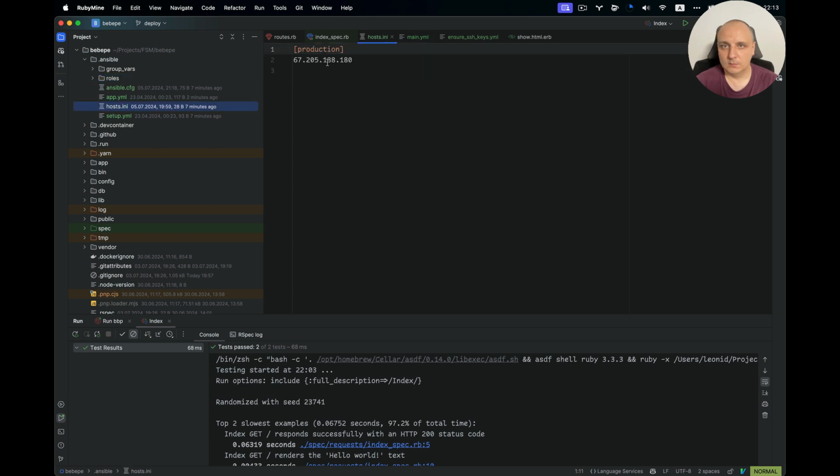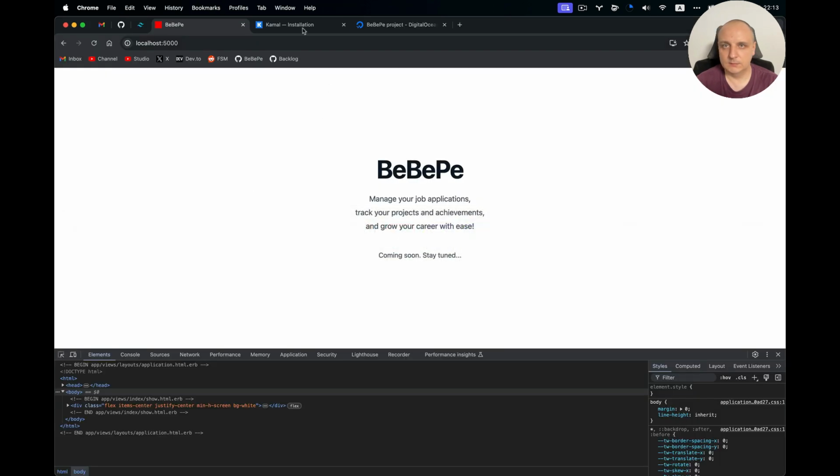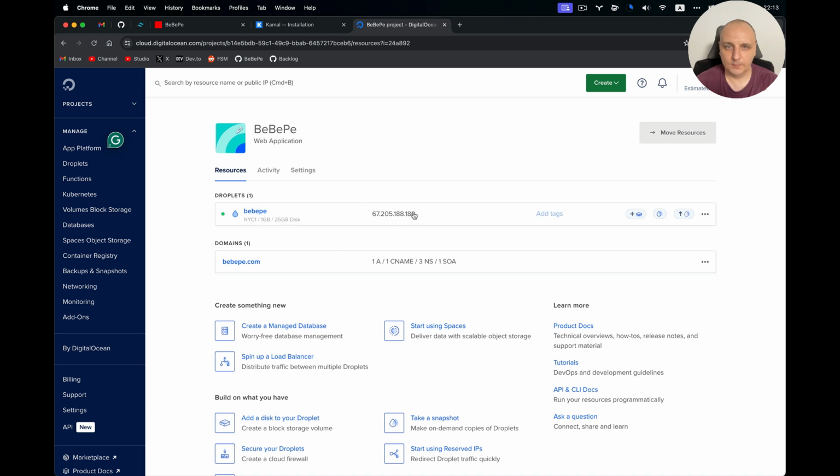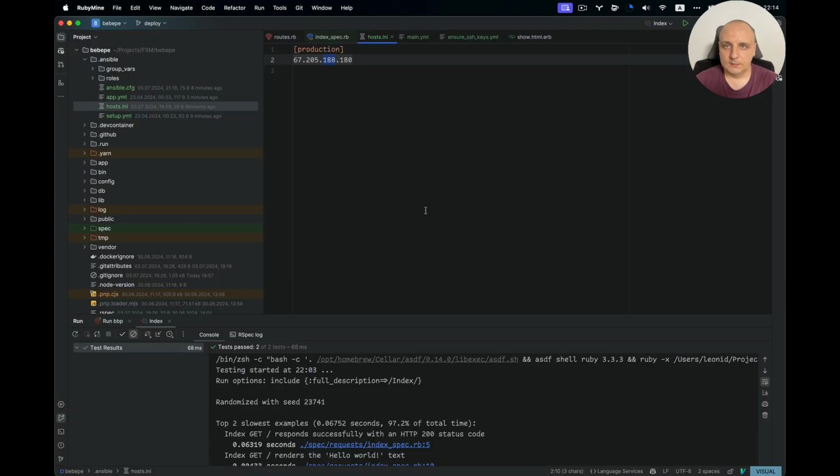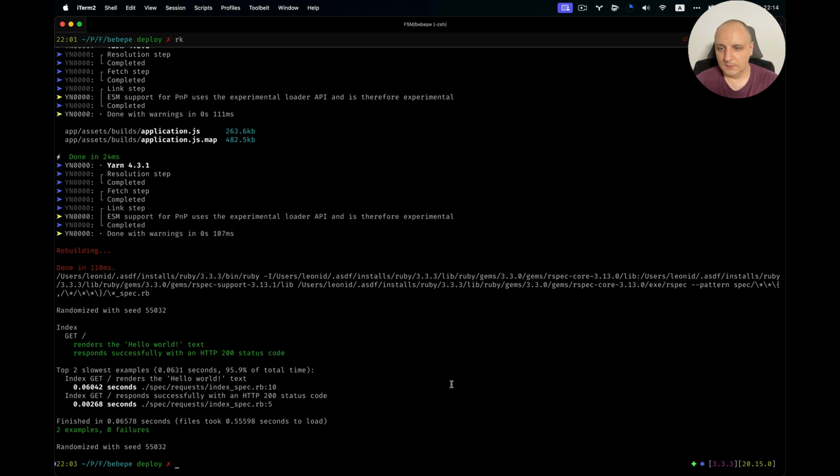Also, just so this IP address is the same IP address we have for our droplet in DigitalOcean. Okay, let's start. Let's try to do it. For easier